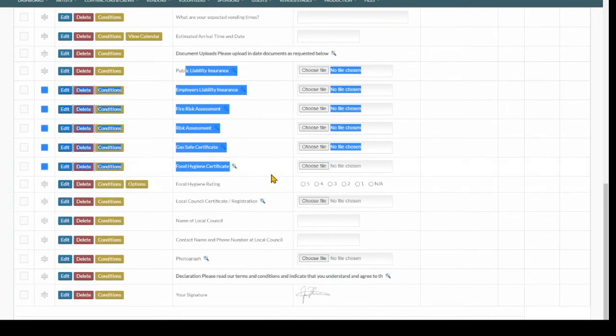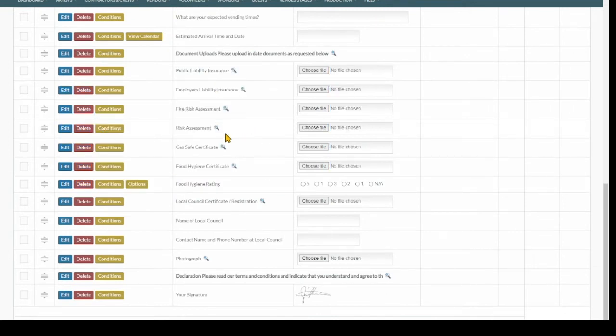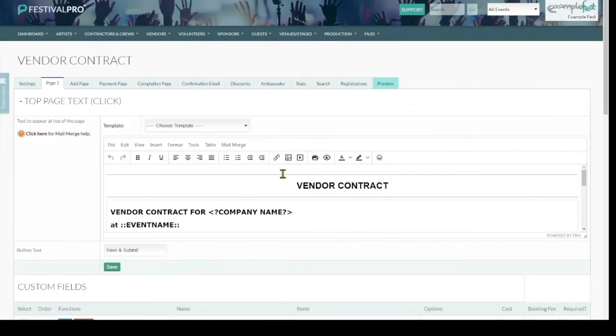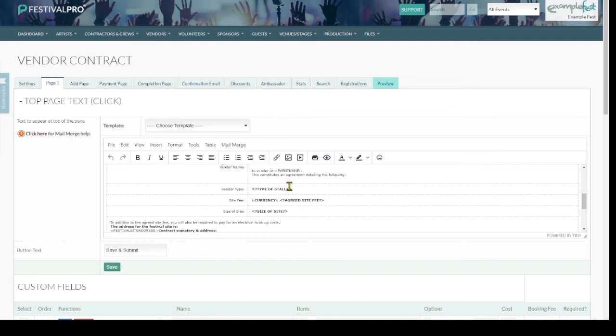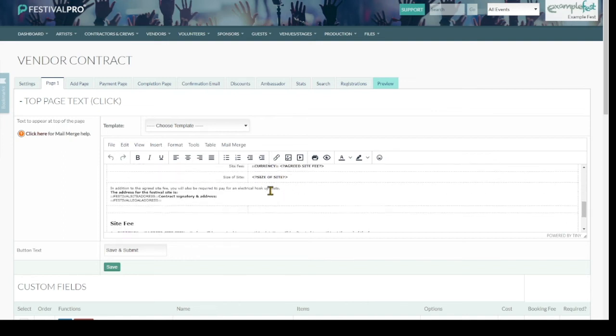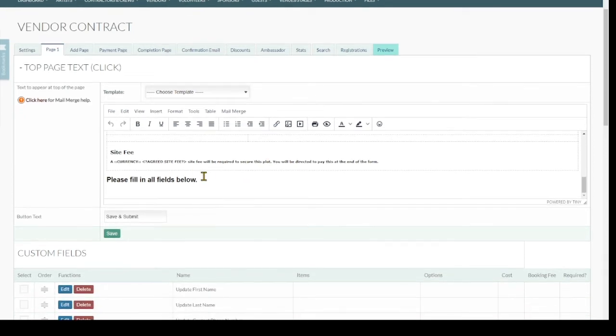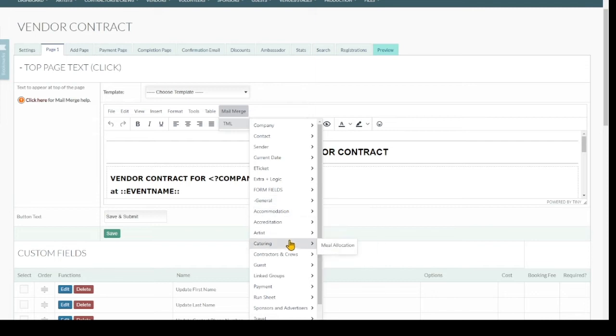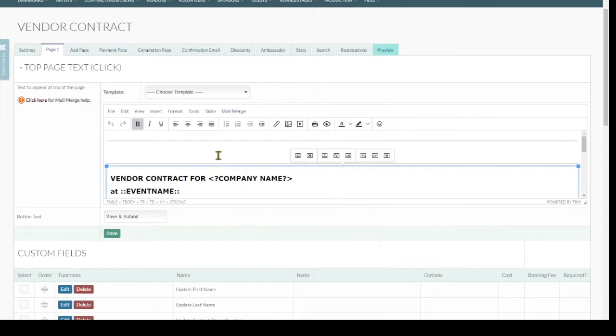And we also asked them to upload all of their public liability and other types of risk assessments. In the top page text, we can see the sections that we are mail merging in, perhaps the type of stool, the agreed site fee, size of site, if that has been agreed. You can edit all of these using the mail merges here and add in and remove things. Adjust this accordingly, edit the form as you need, and then the next step will be to send this form